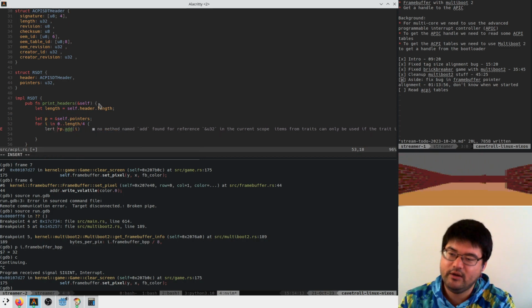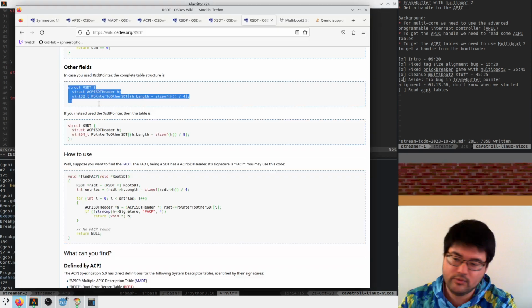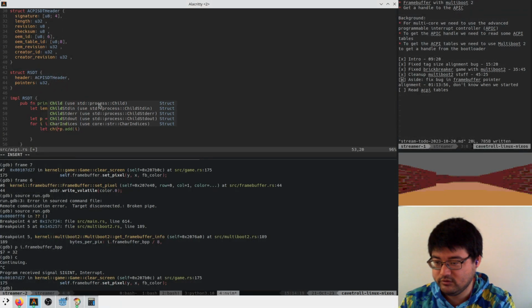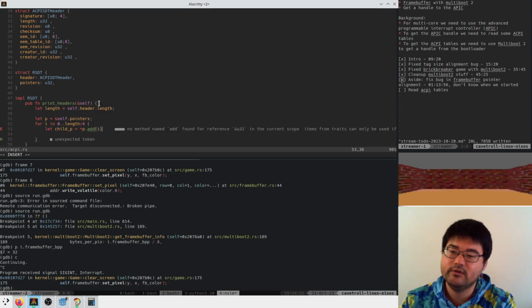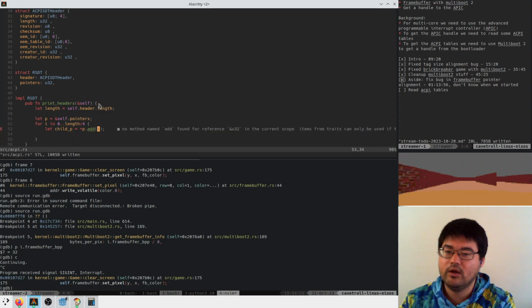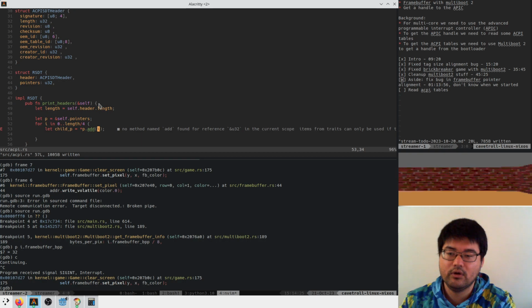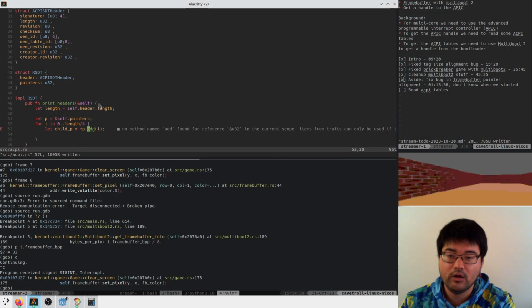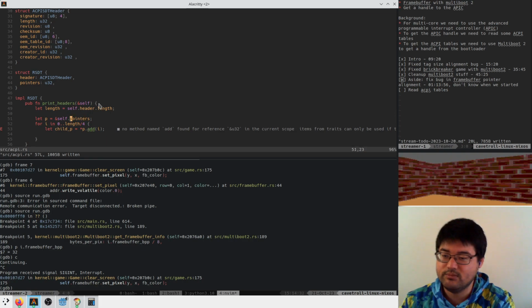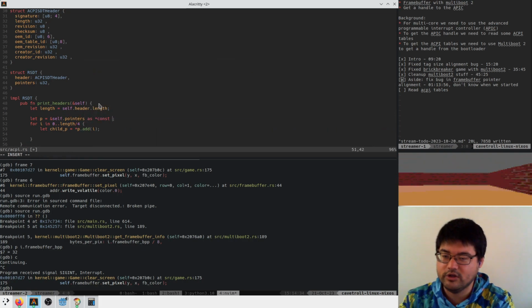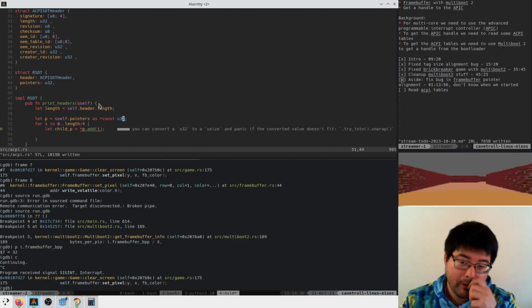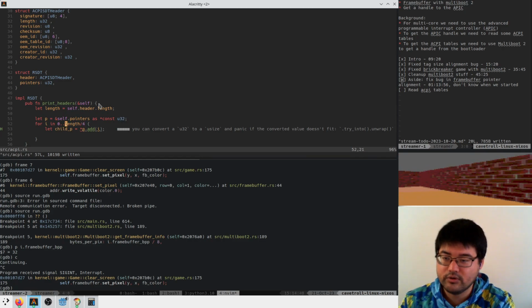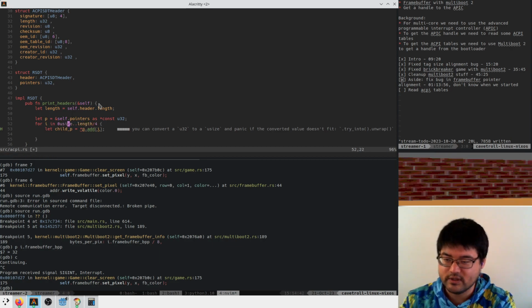And we'll say let child pointer be equal to this. This needs to be as const u32, and this needs to be usize, like this.